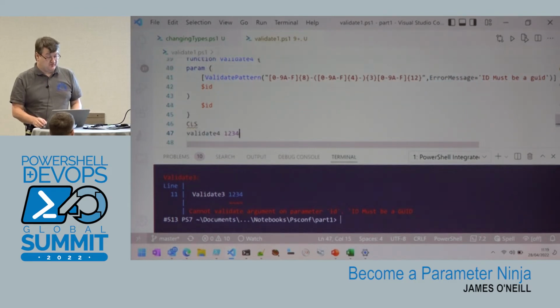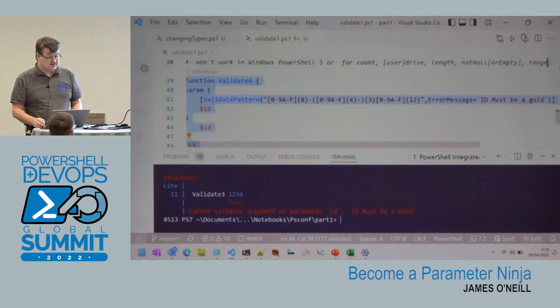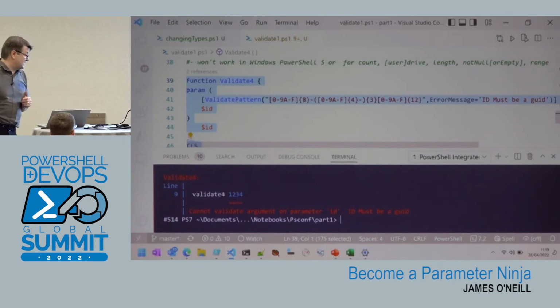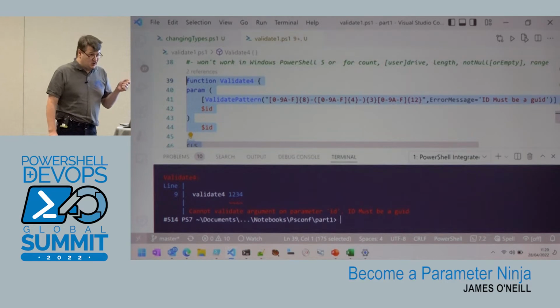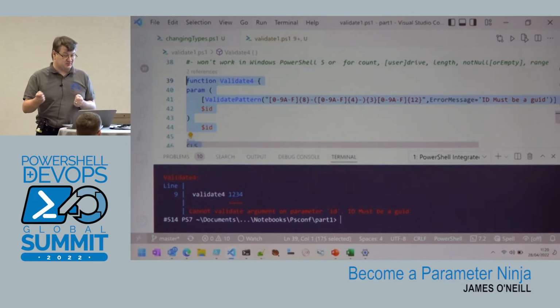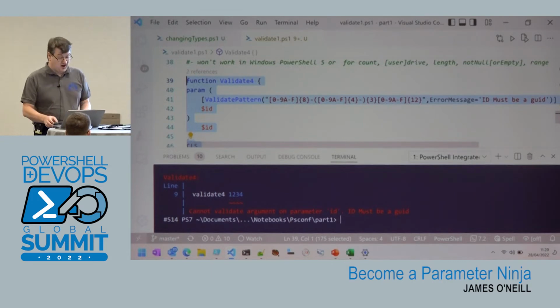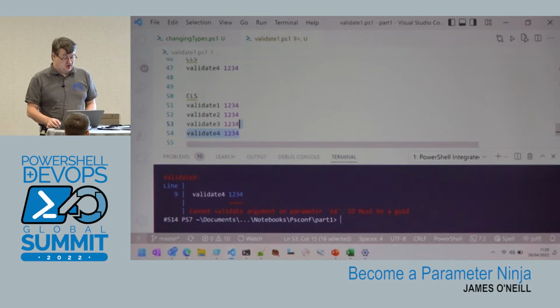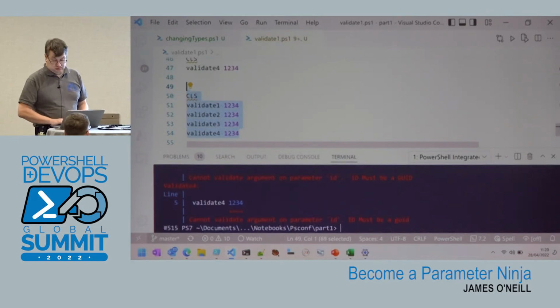So now this one, validate 4, you can get exactly the same effect, but that's only any good if you know you're only targeting PowerShell 7. If you suspect that this might ever run on PowerShell 5, that will actually cause an error before it even runs. So just to give you the comparison across all of them, that's what they all look like.